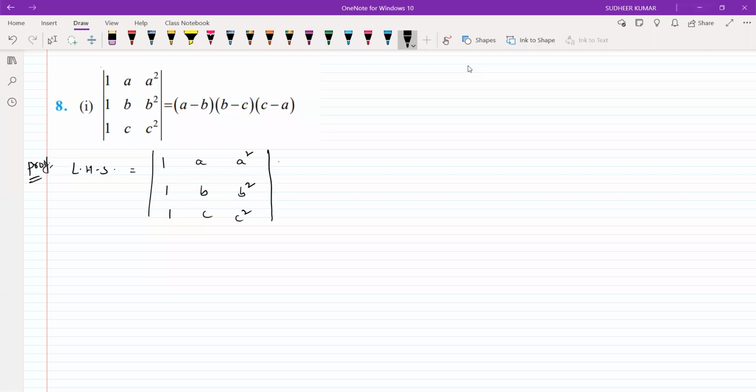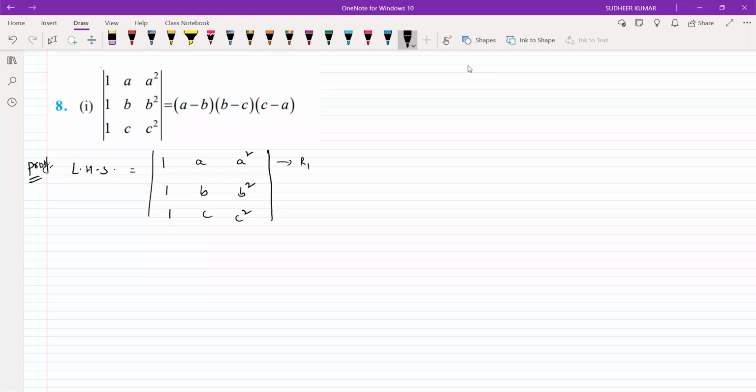Right. So now tell me. Taking abc common, sir. ABC common we cannot take, right? If a is a multiple of any row or column, then we can take a common. If b and c are also multiples of any one row or column, then only we can take them common. If we take from the first row, a is not common, since the first element is 1, we cannot take a common. When we get ones in one column or row, it is easy to make them zeros, right? So we can think like that also.